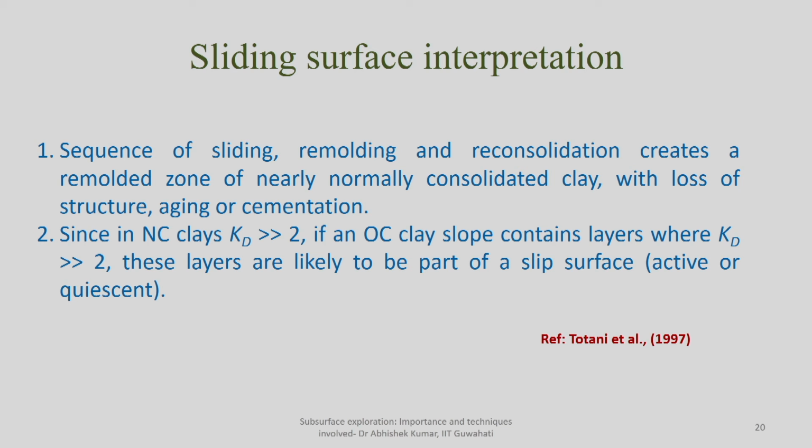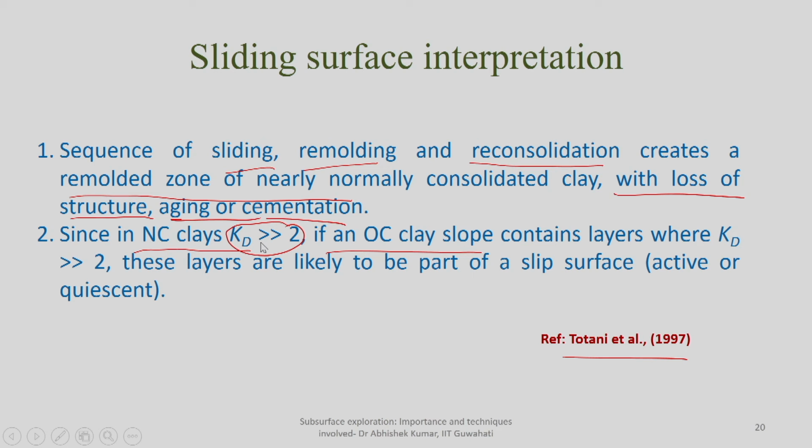Okay, another advantage is that DMT is very useful in identification of slip surface, particularly for failure of slopes. It has been mentioned by Totani et al. 1997 that the sequence of sliding, remolding and reconsolidation creates a remolded zone of nearly normally consolidated clays even within over consolidated clays, due to the loss of structure, aging and cementation. So it has been found that in over consolidated clays, some normally consolidated clay can be identified with a value of KD significantly higher than 2,